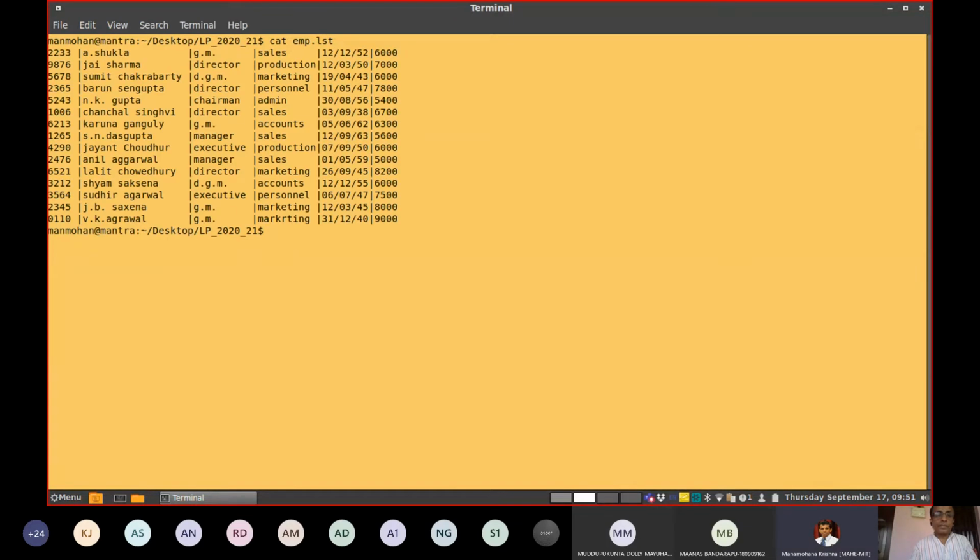This is our original file. Now we have another command called cut. This features cut and paste commands. Okay, cut and paste commands will be illustrated with the specific reference to the file emp.lst.